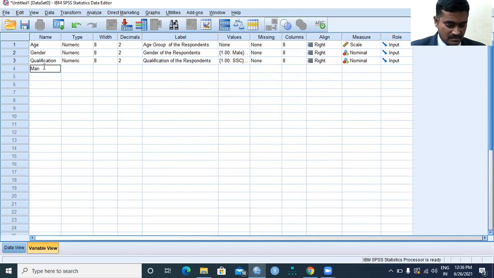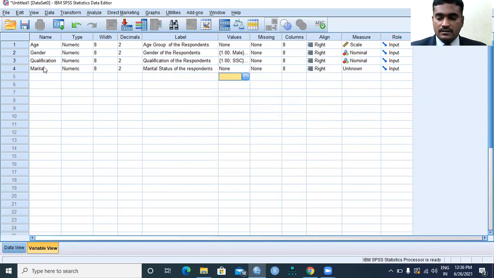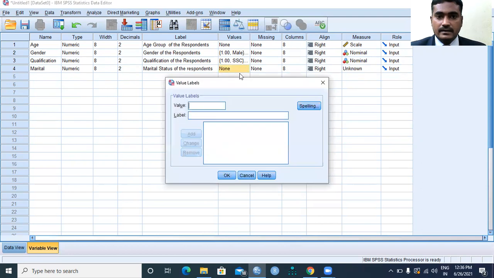Now the next variable that I am trying to define here is marital status. It is a numeric type. Marital status of the respondents. Now here we need to specify: 1 stands for married, 2 stands for unmarried.